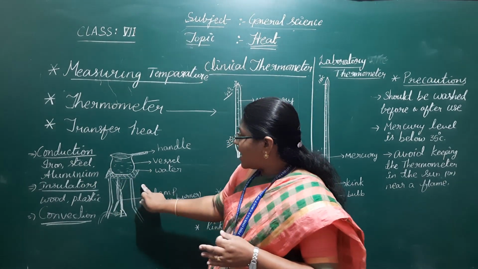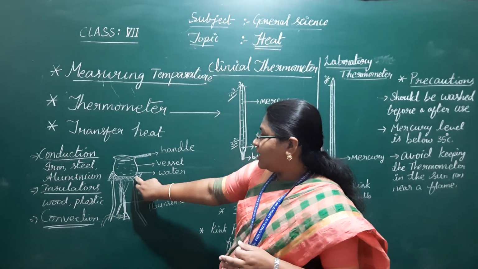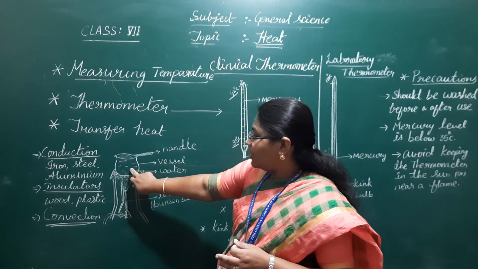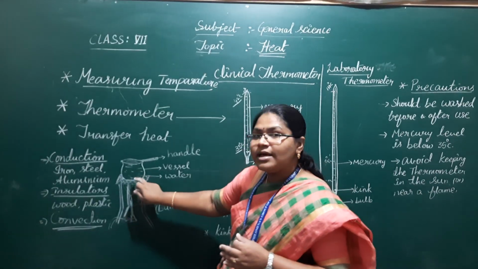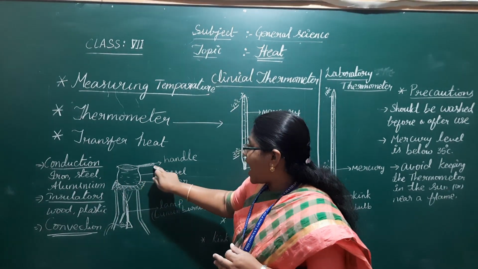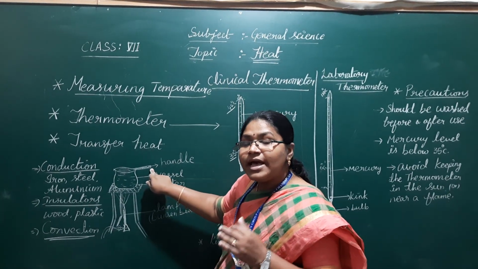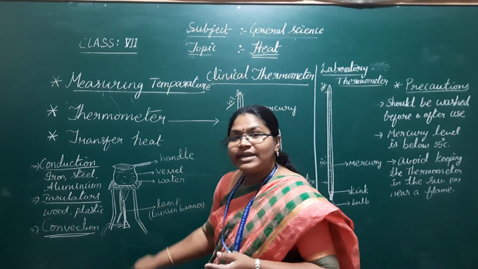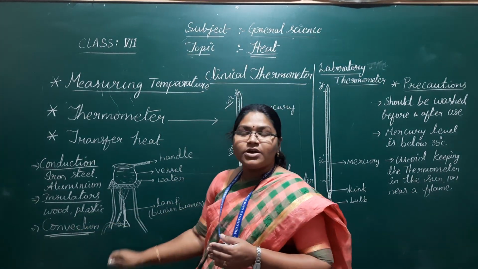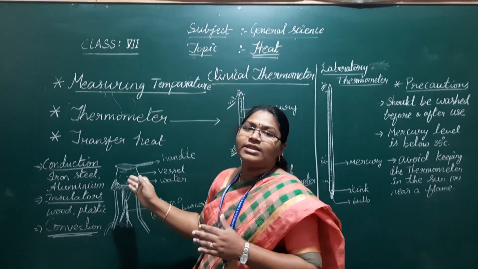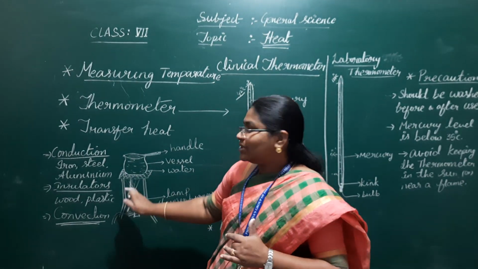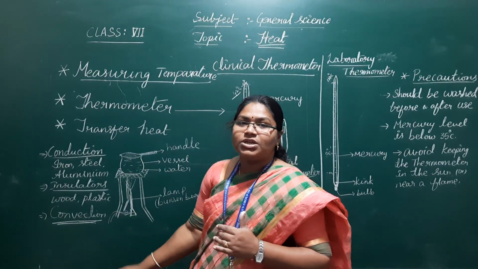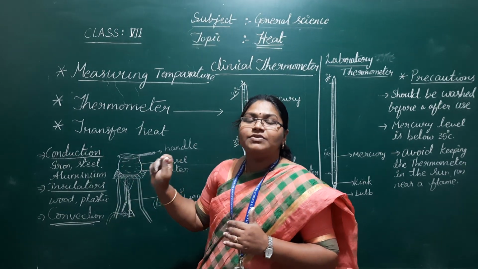So in this diagram, the foil and the aluminium dish or iron bowl are the conductors, the handle is the insulator, and the water inside shows convection. Why? Because only when the water is fully boiled will we put off the stove. That's why the water shows convection. You can see the convection process inside the water.